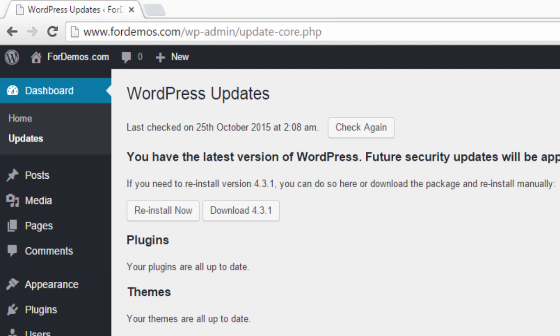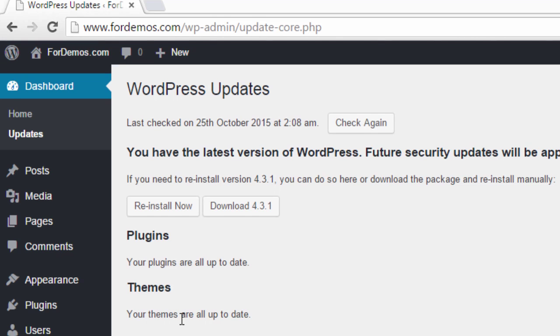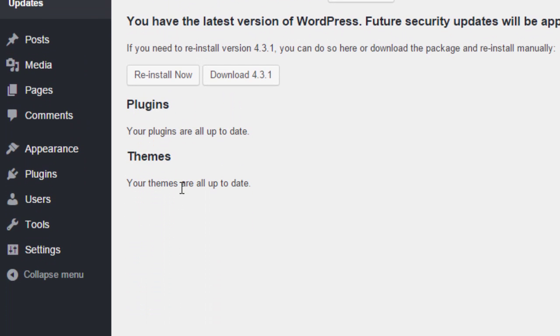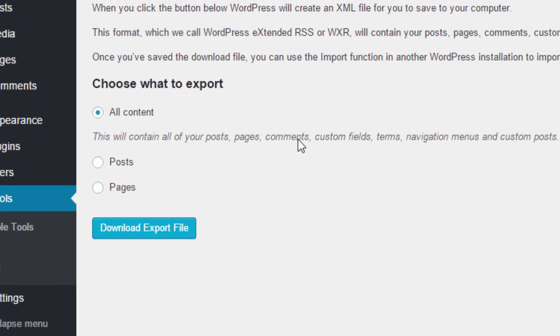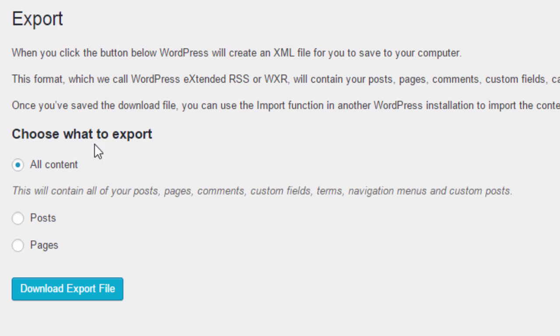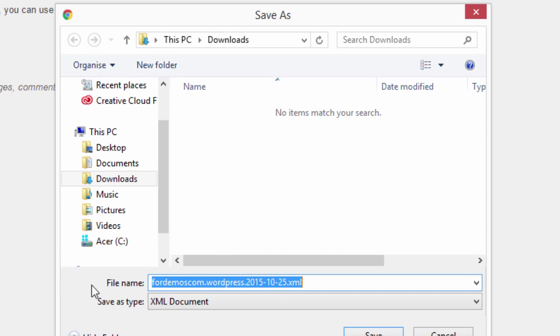Now, one way to do a backup of WordPress, it's not a full backup, but it's a quick and easy way to get started. There are plugins that help you do full backups quite easily, or your web host can also help you back up your database and back up all your WordPress files. But what you can do is tools and export. Okay, so choose what to export, generally all content, and download an export file, and that's it. And you download a backup of the content of your site,